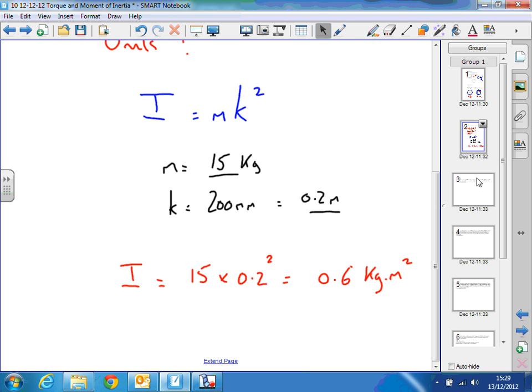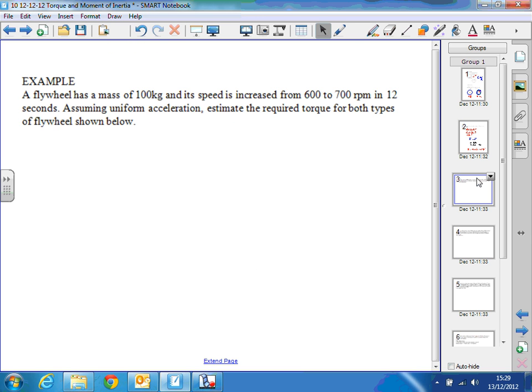Okay. Let's look at the next one. A flywheel has a mass of 100 kilograms and its speed is increased from 600 to 700 RPM in 12 seconds. Assuming uniform acceleration, estimate the required torque for both types of flywheels shown below. So let's have a look at these two flywheels. Let's talk about one solid one